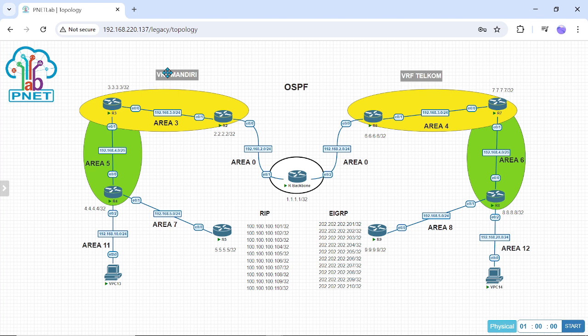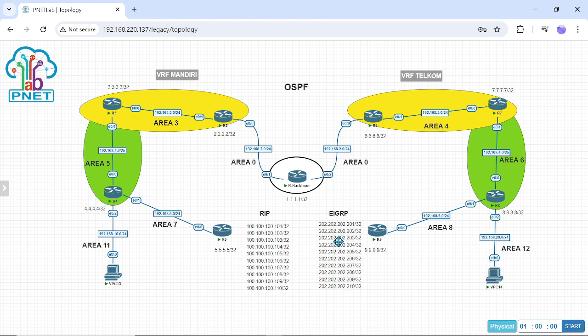So VRF Mandiri cannot connect to VRF Telkom unless the command uses VRF. In this lab I not only use the VRF configuration, but I also use the RIP configuration and the EIGRP configuration too.